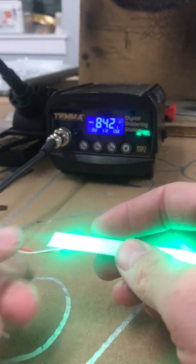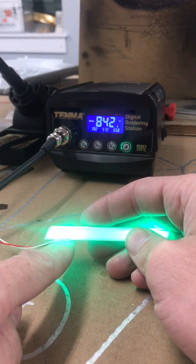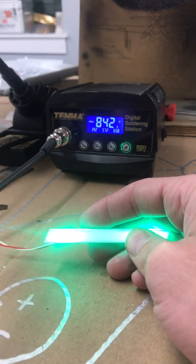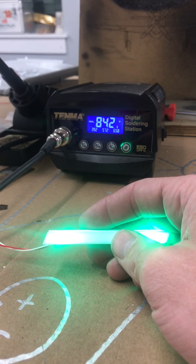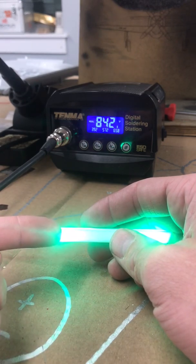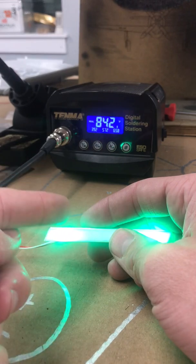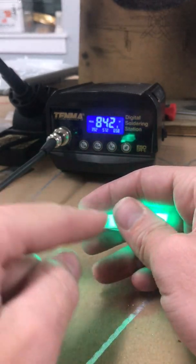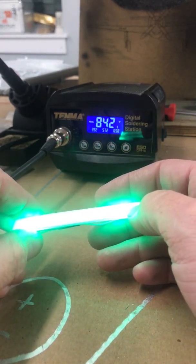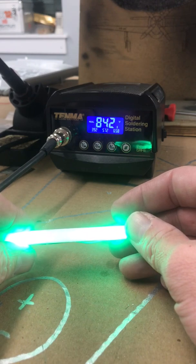And depending on your intensity, so you really can't see it that well, but I've got a super bright light right here because the light is shining directly on that front surface. You're not going to want to have it like that. What you're going to want is to be able to push that LED so now it's pointing down or on the back side of this module, and that'll illuminate it all one color instead of just bright in a couple spots. However, if you cannot get it to do that for some odd reason,